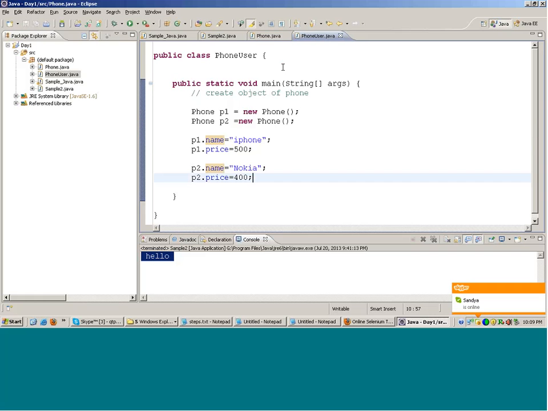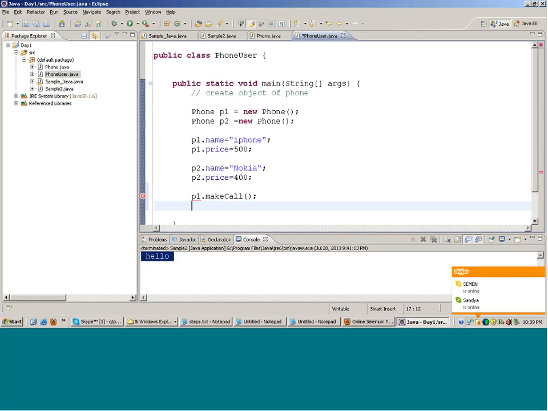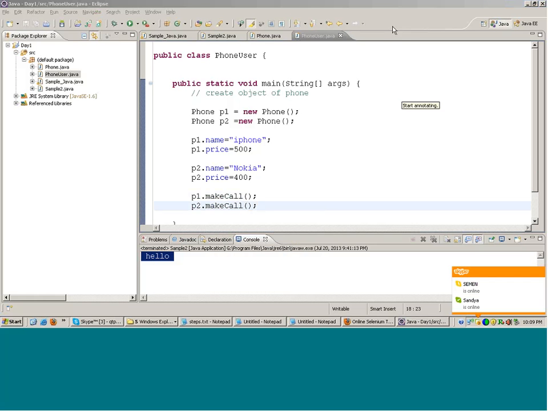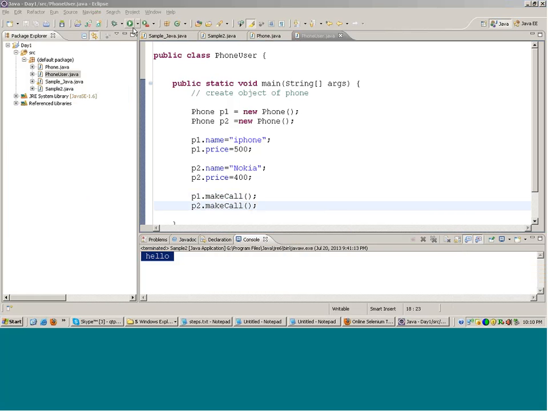Okay. Now in phone user I can call these functions as well. I can write p1.make call and p2.make call. So when p1 calls its make call and when p2 calls its own make call, when p1 calls its make call, then make call will use this name, and for p2 make call will use the name of p2. Okay, so when you run this,